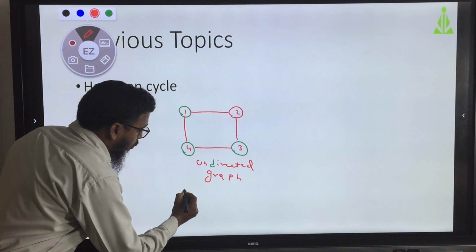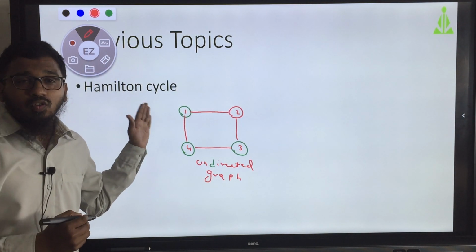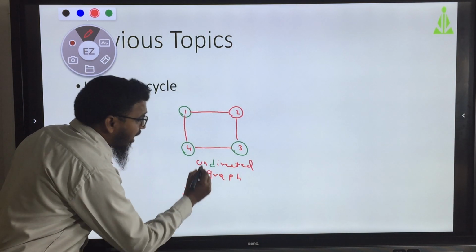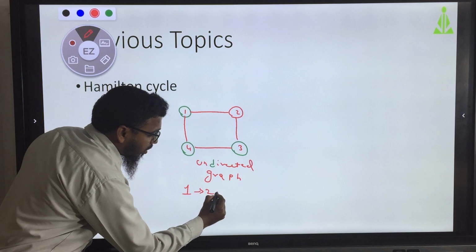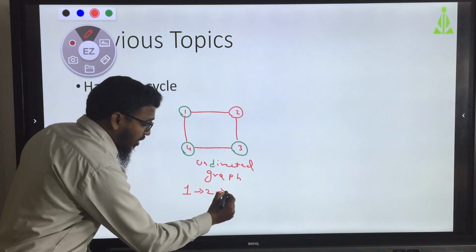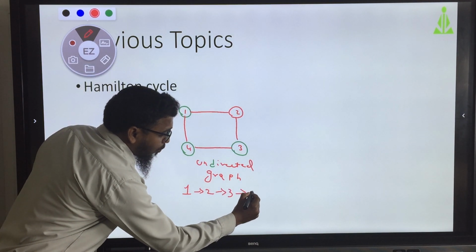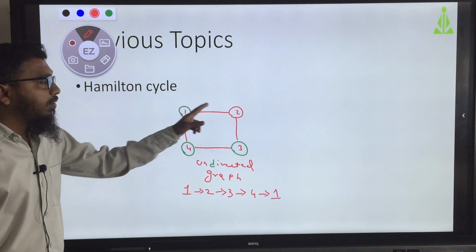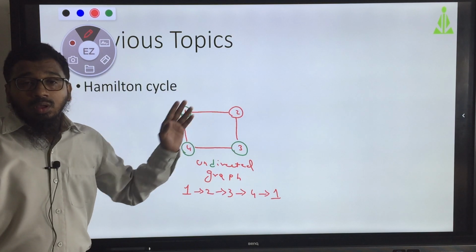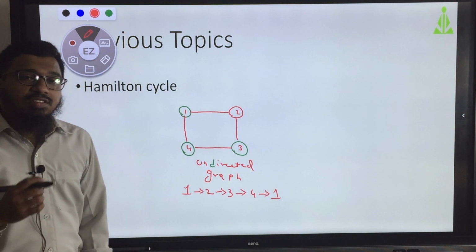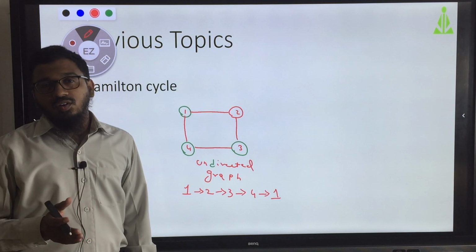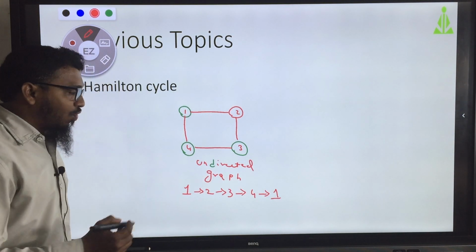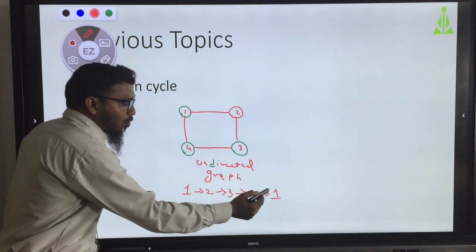So how will the path be for the Hamilton cycle? First it will go to 1, then 2, then 3, then 4, and the last will be 1. Whenever you get a Hamilton cycle in any graph, you will definitely get 2 paths. The first path is 1, 2, 3, 4, 1.